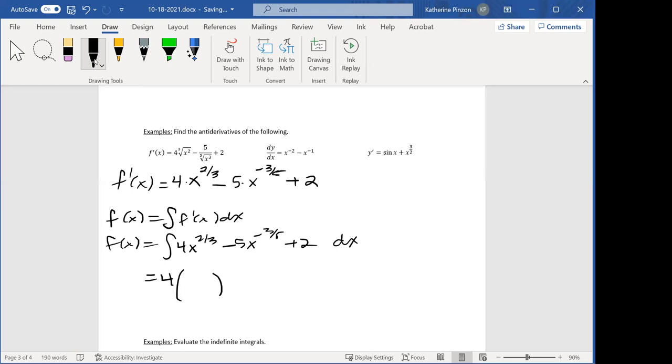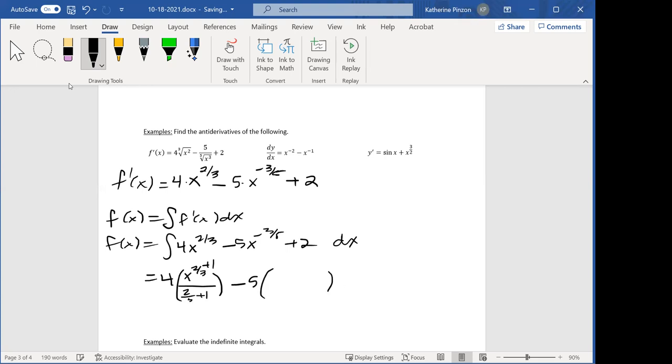Okay, how do I take the antiderivative of something? Well, I do the opposite of what I did before, right? Before I multiplied and then subtracted, so I have to do the opposite thing in the opposite order. So add and then divide. I'm going to add 1 to the power and then divide by the new power. So add 1 to the power, x to the 2/3 plus 1, divided by the new power, 2/3 plus 1,